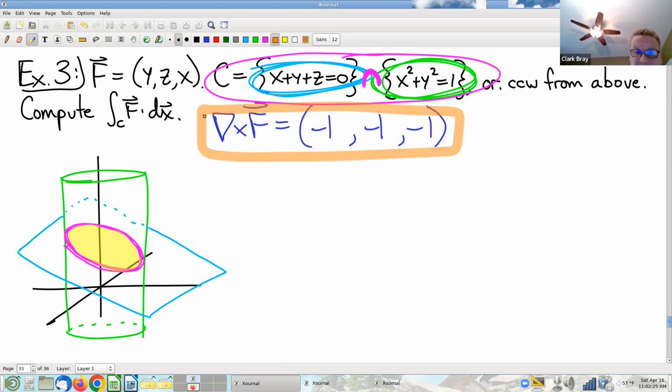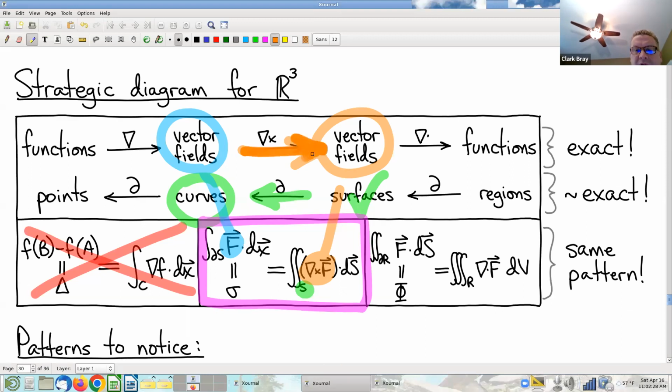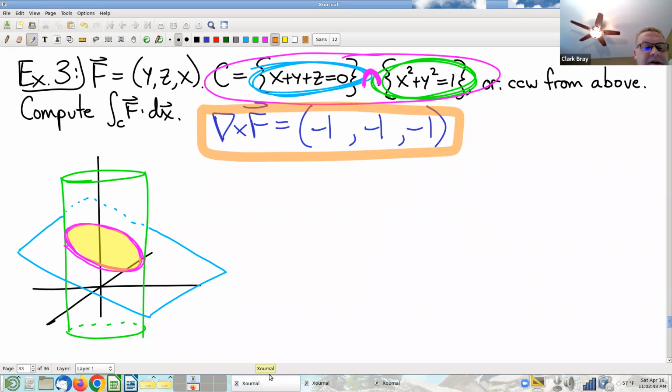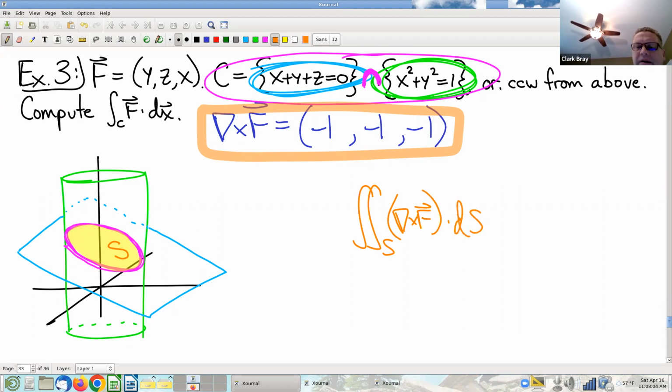So this curl calculation did us a couple of favors. Computing this curl, on the one hand, is what eliminated the fundamental theorem of line integrals as a possibility. It's also, as we see now, going to be my integrand for my Stokes' theorem calculation. Okay. All right. So I need to compute then, let's see here. So I'm going to call this surface S. I need to compute the flux through S of the curl dot dS,